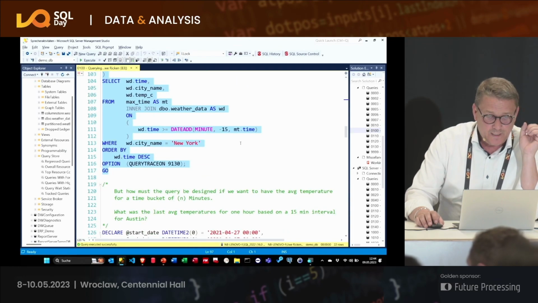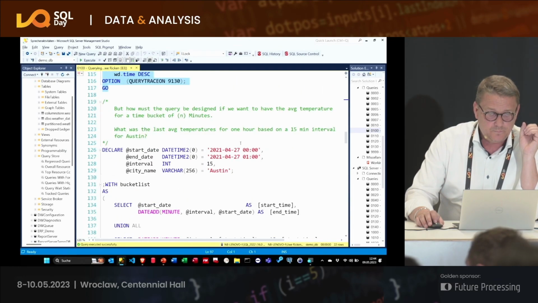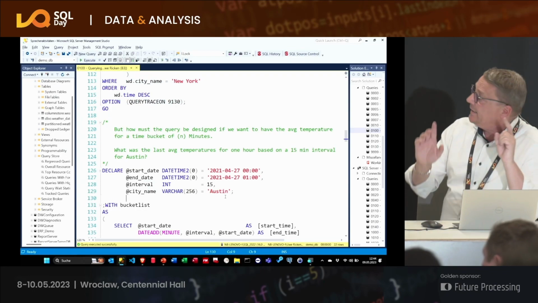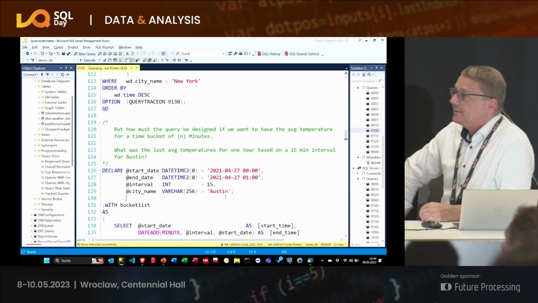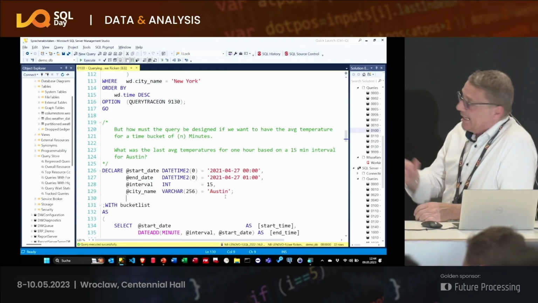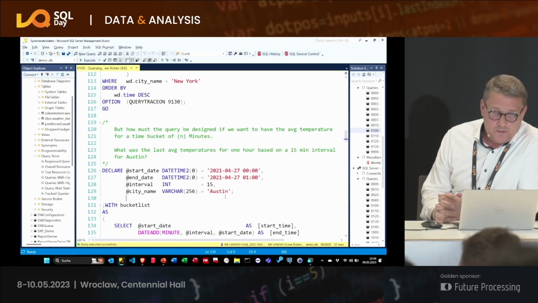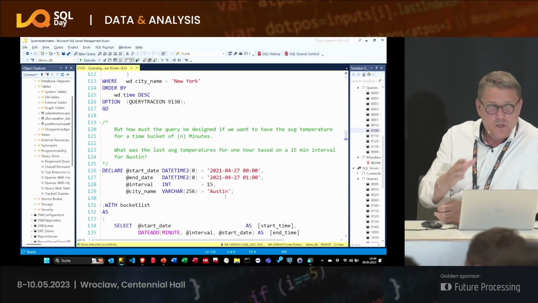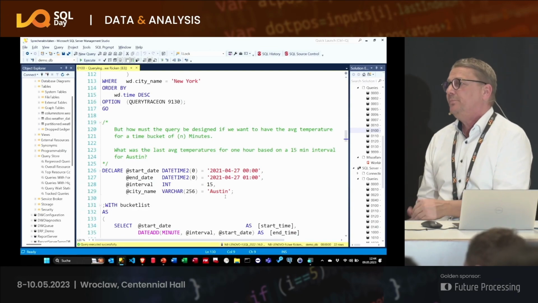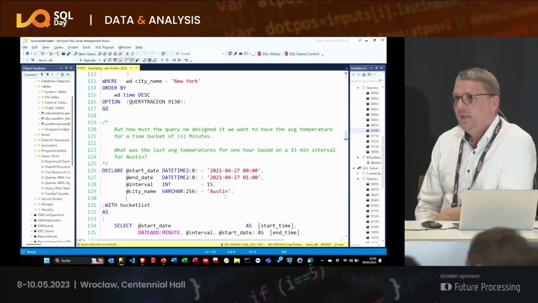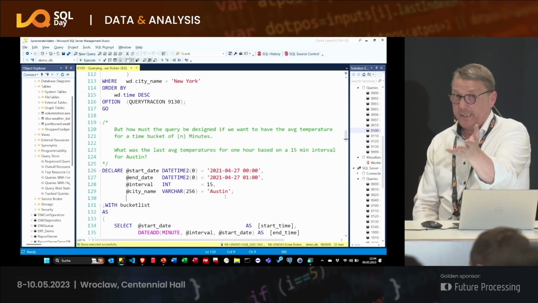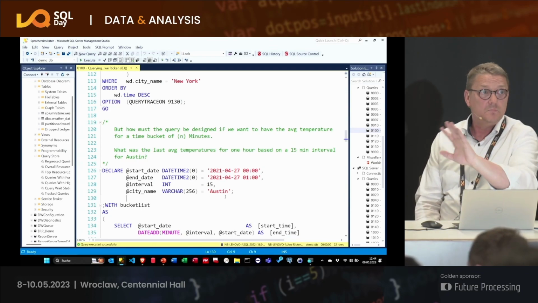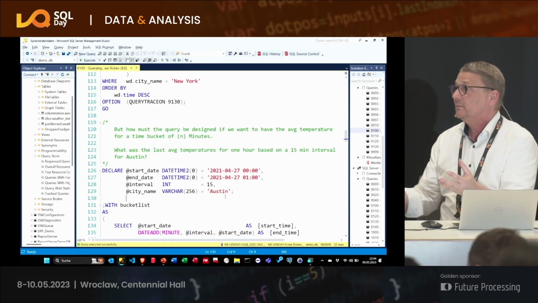Now it comes to a bigger problem. And this is a typical query you run against time series. Let's say we want, for 1 hour in an interval of 15 minutes for Austin, the average temperature. So there was one solution, the pretty cool windowing functions. Why not? That will work.